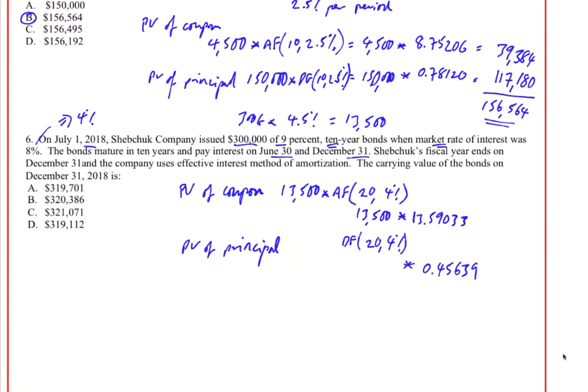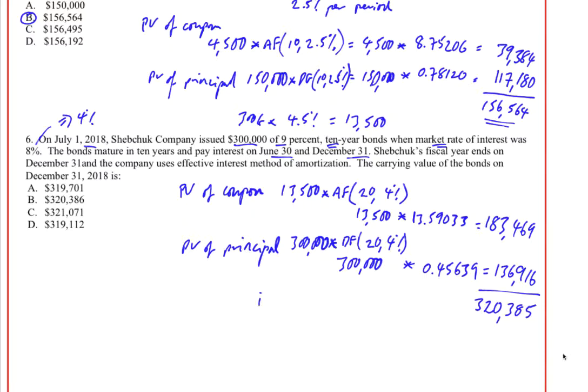is 300,000 multiplied by the discount factor, so 300,000 multiplied by this. So what we have is, I think I've done this already, 0.45639 times 300,000, so this number comes to 136,916. This calculation, 13,500 multiplied by 13.59033 comes to 183,469. Add those two elements together, and that gives us an issue price of